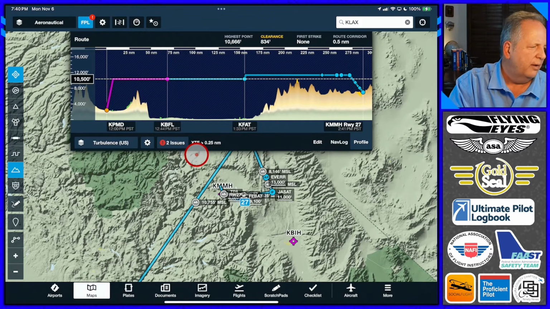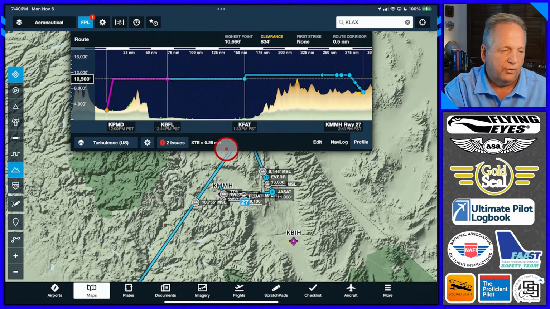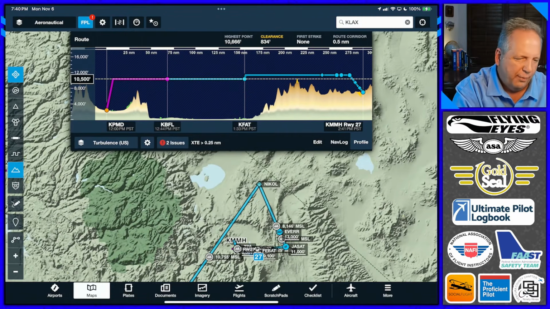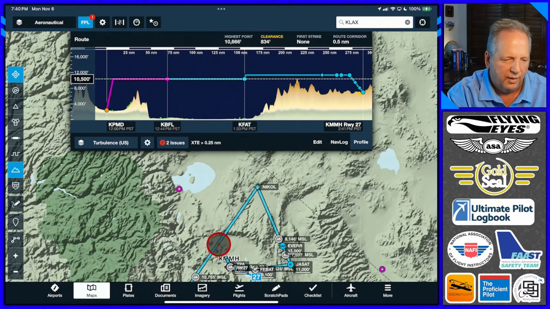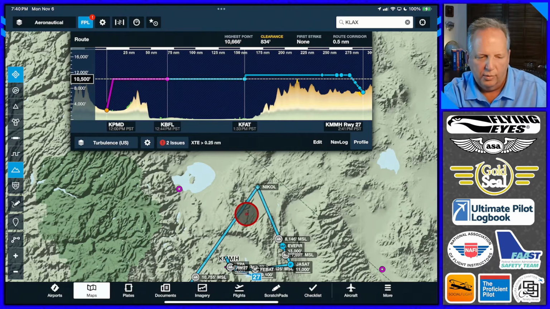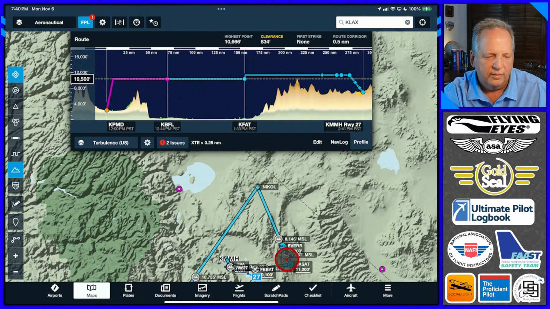So if we like this route, we like what we've done. I got 10,500, then at Fresno, I'm going to climb up to 11.5, and then I'm going to follow this route. But I probably won't have to actually go all the way up here to Nickel. I can probably cut this corner. If I'm VFR, I can cut it; if I'm IFR, I've got to stay on course and fly this route.